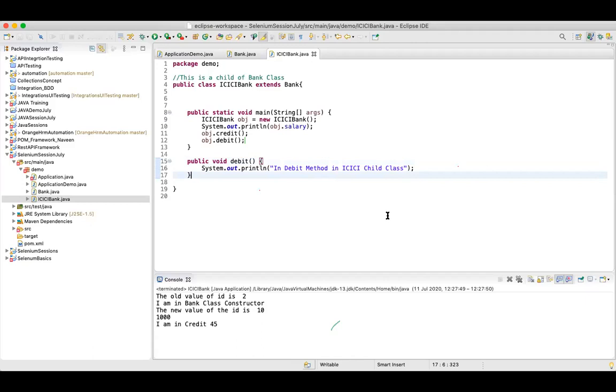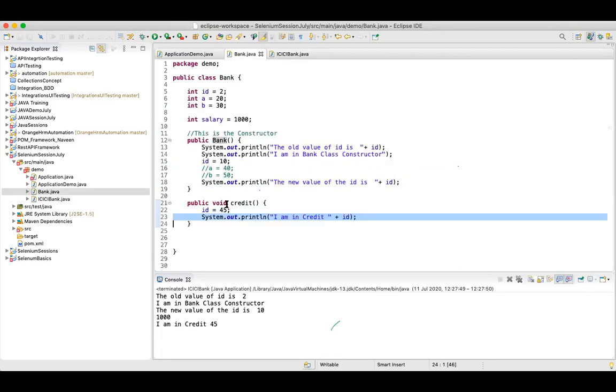ICICI can use. That's right. Apart from that, let's assume, I'm not going to create it, but if I create a new class, and that new class is extending my ICICI bank, then can I use this debit method? Right? So in a similar fashion, yes, all the child classes.